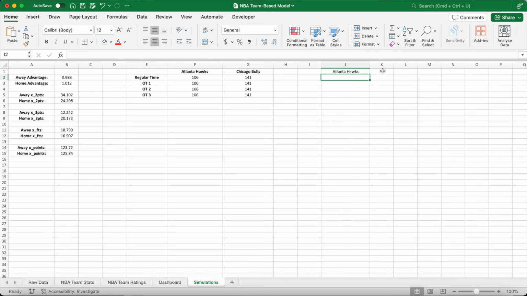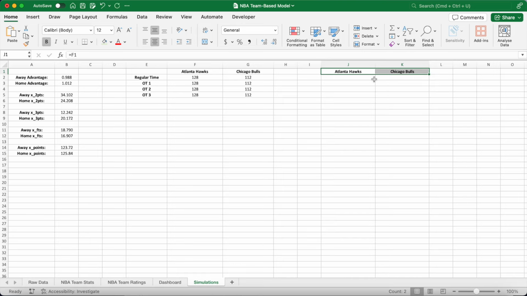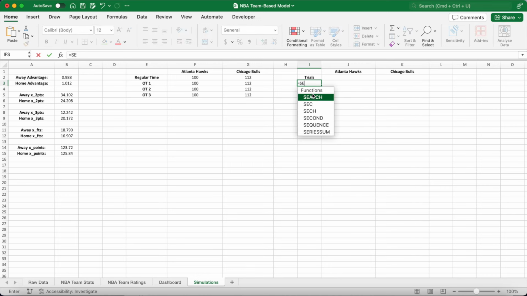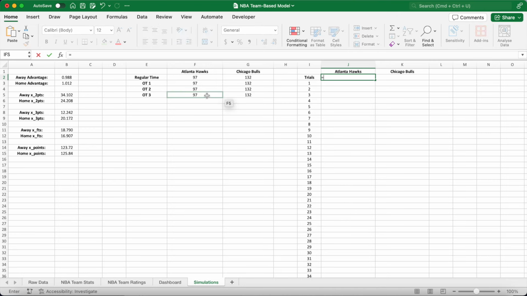So now I can simulate this single game result 2,500 times to get an idea of the distribution and to find the probabilities for the 3 betting markets I have in the dashboard worksheet. So put the 2 teams in cells J1, K1. In I2, write the text trials, and below it, I'm going to spill 1 through to 2,500, and that just represents trial 1, trial 2, all the way down to trial 2,500. Now in cell J2, I'm just going to go equal F5 and in K2 equals G5, and that's the simulated score